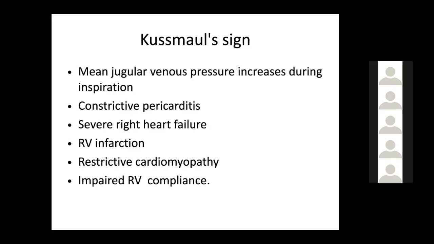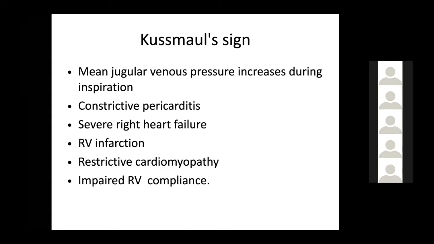Now, before going to the further thing, I would like to add what is Kussmaul sign. I already discussed it with you. Normally, on inspiration there is a fall in intrathoracic pressure, and this causes a JVP rise in the right atrium. The blood will go to the right atrial filling and then go to the right ventricle.